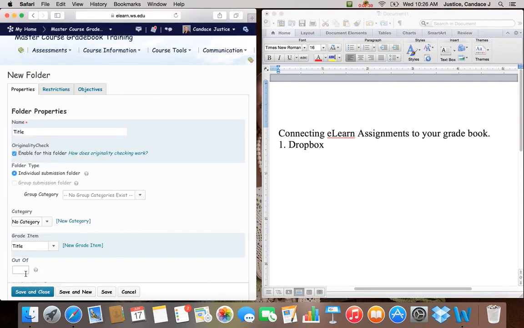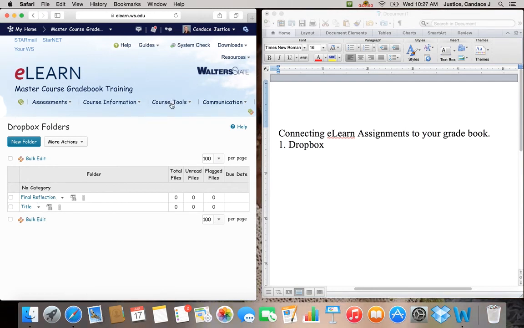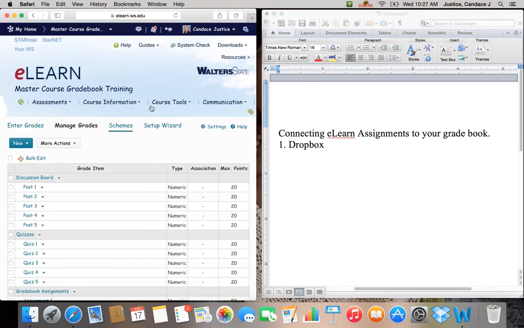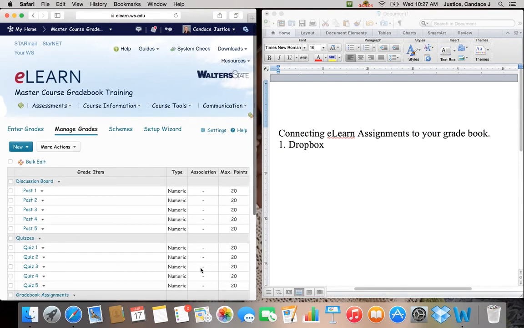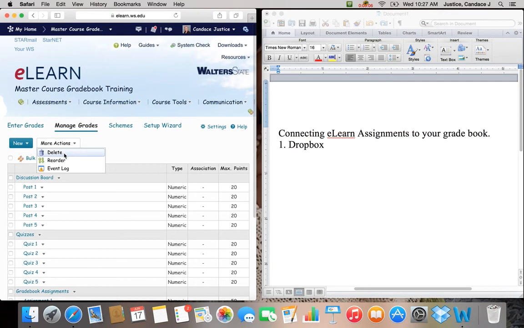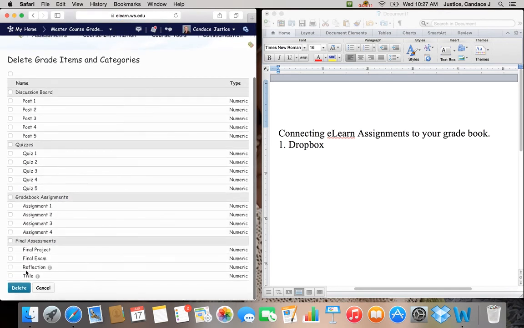Once I have that, I'm going to tell how many points the grade is out of. And then I hit Save and Close. And so now this is tied to the gradebook. If we go to Course Information and Grades, you will see that the association for these two grades are in the Dropbox. It is very important to understand that because these two items are now associated to a Dropbox, they